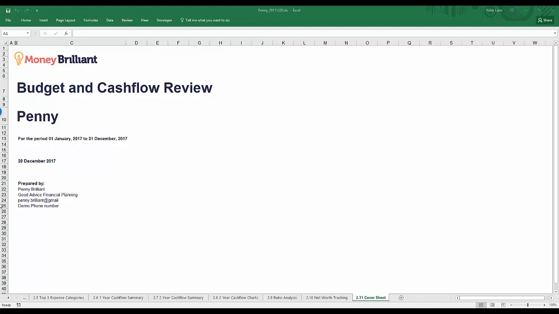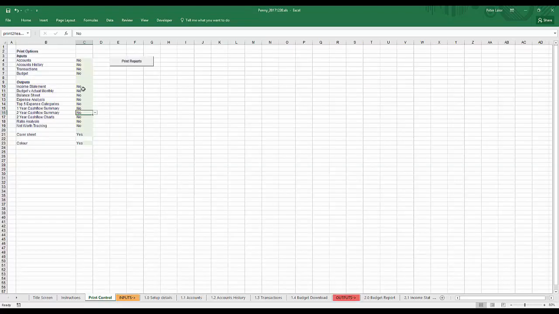Okay, so let's now go and have a look at how we manage printing of reports. Of course, being Excel, you can print pretty much anything you want in any way that you want, but we've really tried to make it easy for you to assemble a client review document or a client report by putting a whole series of print options on the Print Control tab and automating as much of it as we can. So the idea is that you can build a personalized report for the client based on the client's needs or your own advice and service processes by selecting the different components of the toolkit that you'd like to assemble into